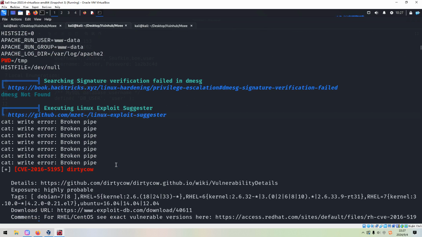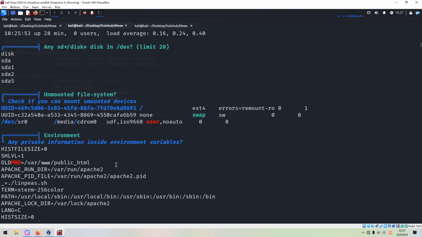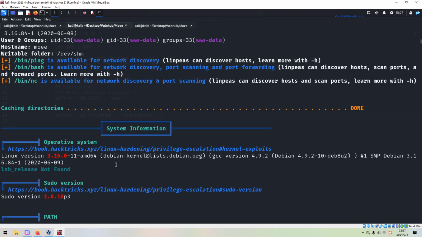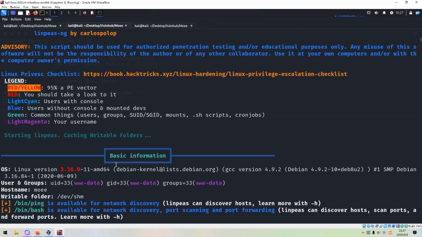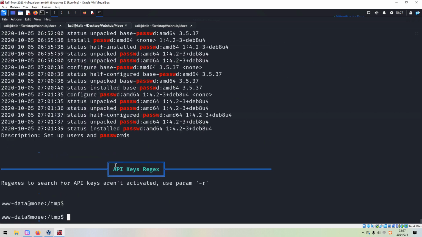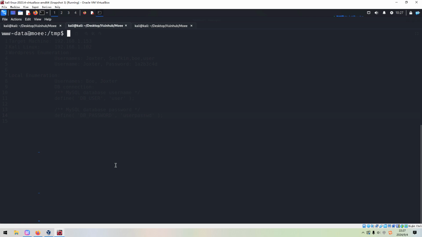Just to mention, I think this version of the kernel for most certain has some exploits, but I will not get into them here. So nothing here. Actually, this machine is very difficult, which requires more enumeration.